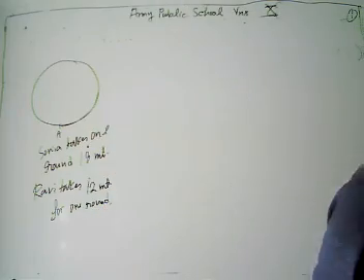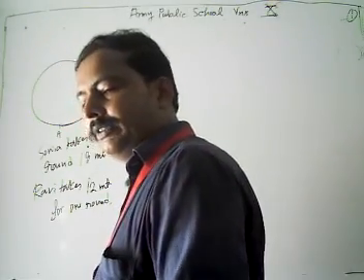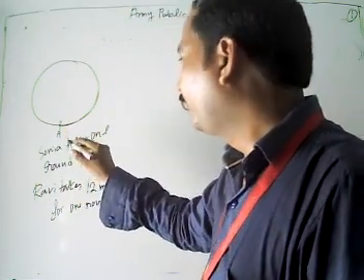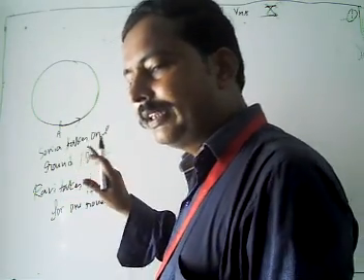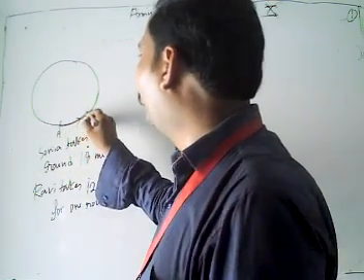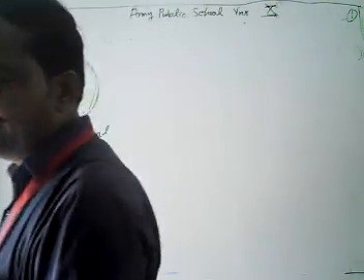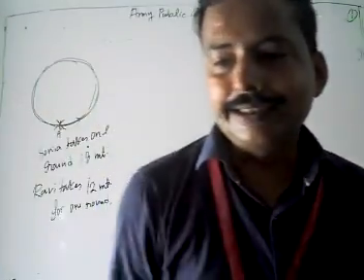Now it's given in the problem: suppose they both start at the same point and at the same time and go in the same direction. After how much time will they meet again at the starting point? Both start at point A and move in the same direction. The problem is asking in what time they come again to the same point A from where they started.